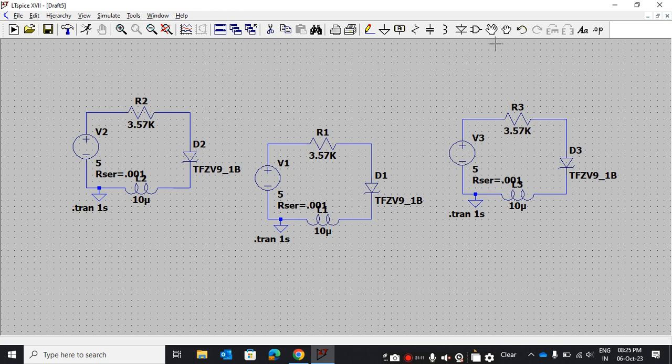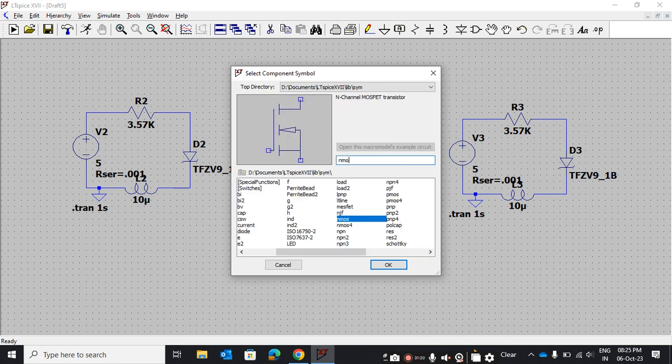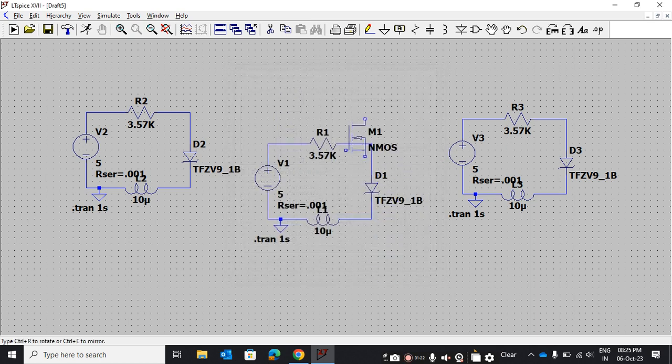And the same thing I would like to tell you, if you go to the library and you want to select the NMOS, okay, you select NMOS. So this is a simple NMOS symbol, but you will have to select the parameters of this, the part number. So the same thing you have to do here.